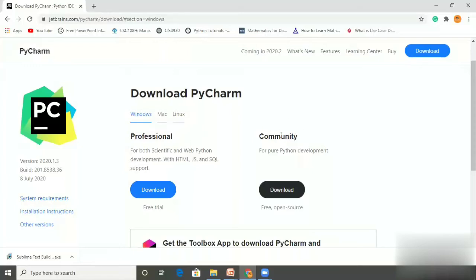But the free version is the community version. We have already seen in the last session that one point while choosing an IDE is your capability to purchase the professional version or use the community version. Depending on that, you choose your IDE. So here I am choosing the community version and clicking on the download button.